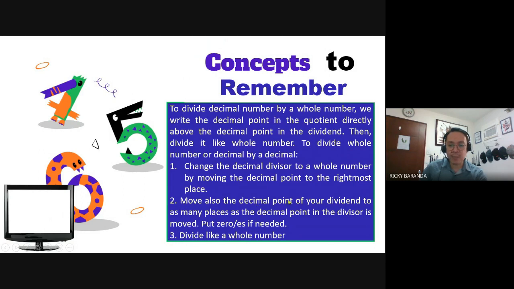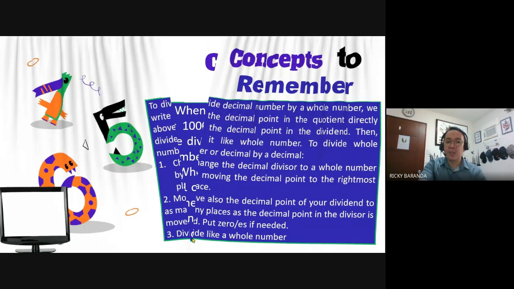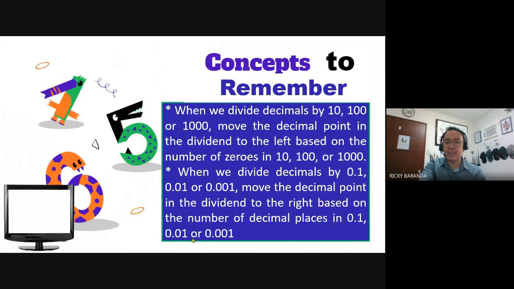Move also the decimal point of your dividend to as many places as the decimal point in the divisor is moved. Put zeros if needed. Then divide like a whole number by following the 5 steps, such as divide, multiply, subtract, bring down, and repeat. To divide naman decimal numbers by tens,